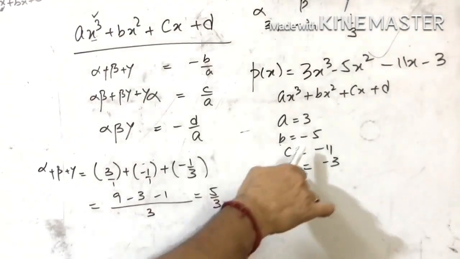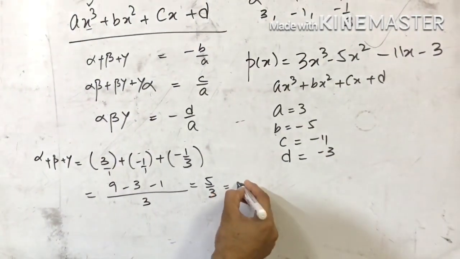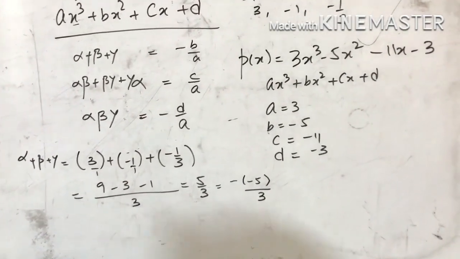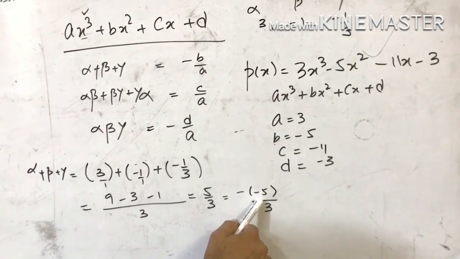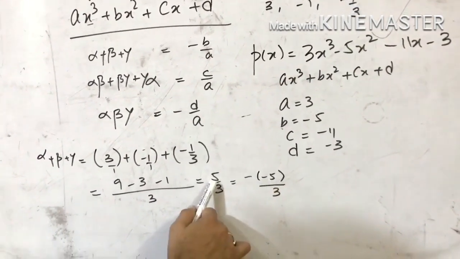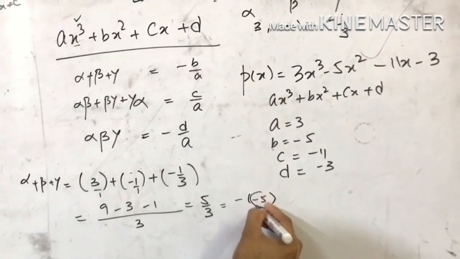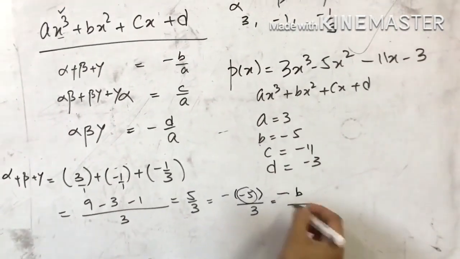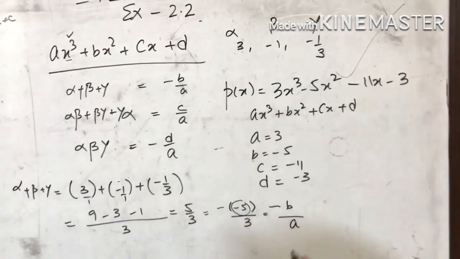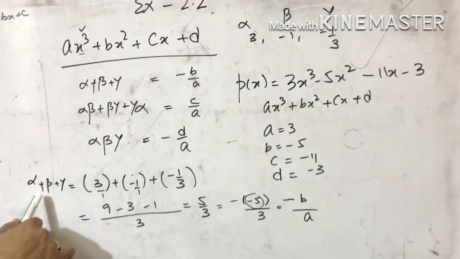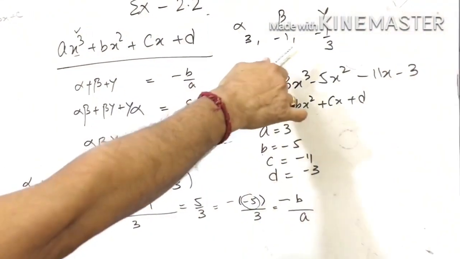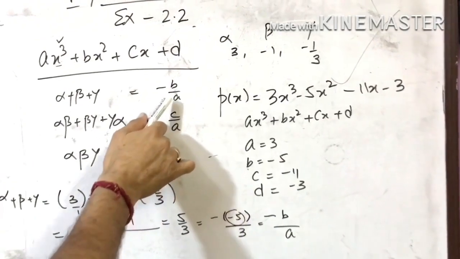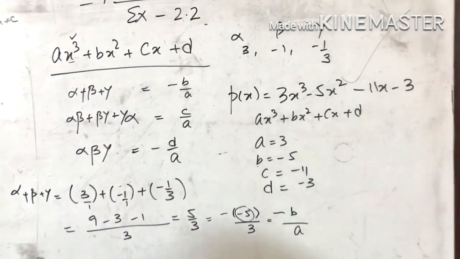Now you can write down minus common, minus 5 over 3. Why we are writing in this way? Because minus minus will cancel and that will become plus 5 again. But in this way we are getting minus 5, and minus 5 is the value of B. It will be minus B. 3 is the value of A, so it is A. So you can see sum of the roots as they are given is, we are finding it equal to minus B by A by the formula. So it is verified.